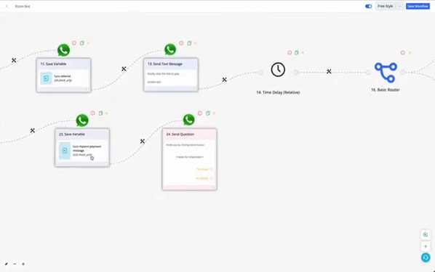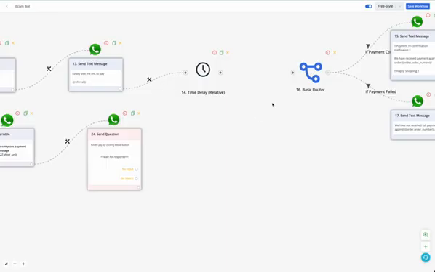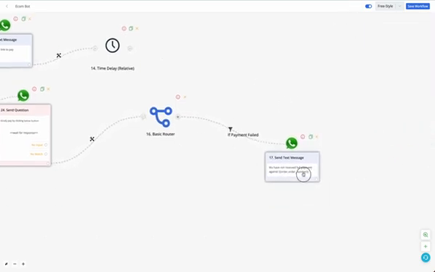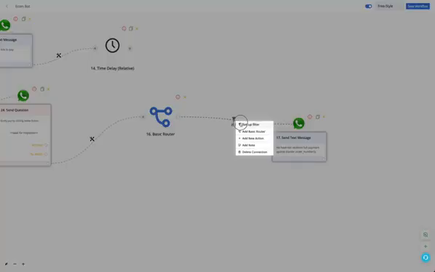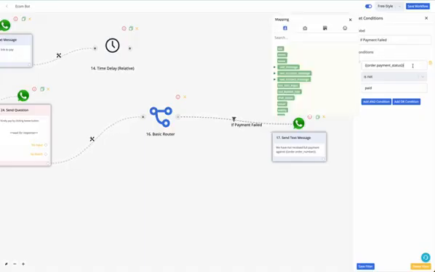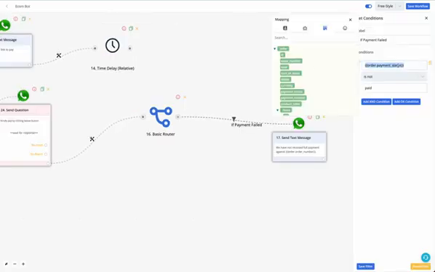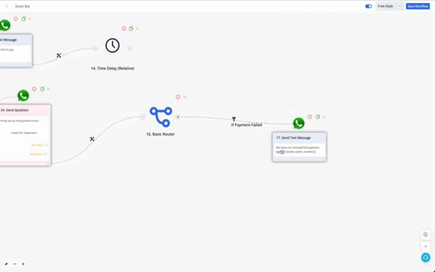So let us do one thing. If the payment is failed or not done within 5 minutes, let us add a basic router here, and we'll not send the payment success message. Now in this router we are only checking if the payment is failed. How do we check it? The variable would be the e-commerce order payment status, because if the payment is getting paid, we are actually updating this field. So if the payment status is not paid, in the next step we are sending the message,